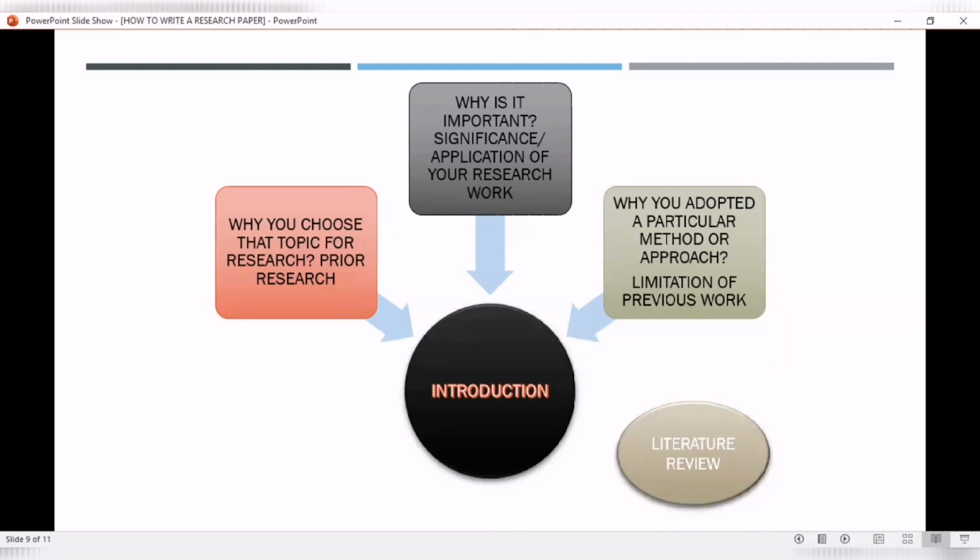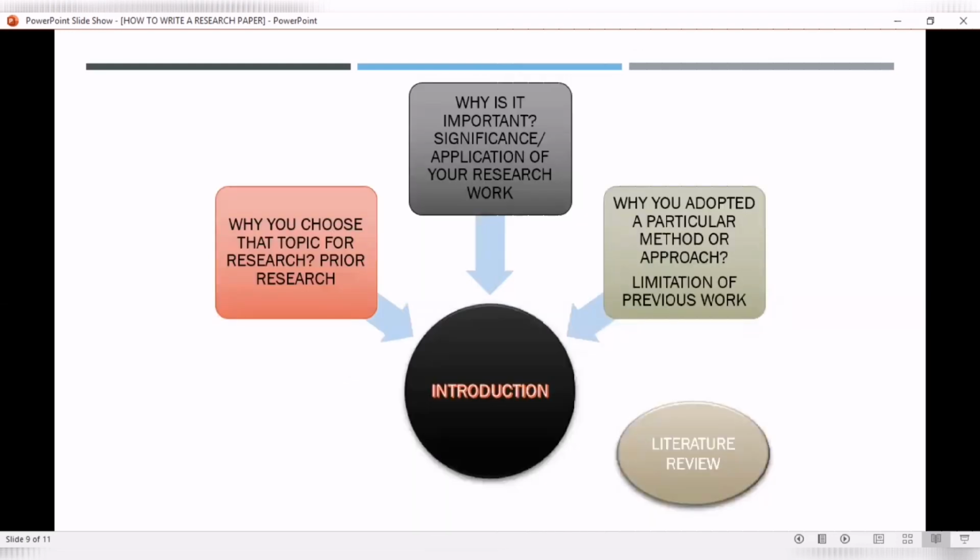If you are going for scientific research, or you are adopting a quantitative or qualitative method, you must justify your methodology, your approach. And the last point in your introduction must be the limitation of the previous work. So prior work must be included, significance of your research work, and the methodology you have adopted. These are the key points